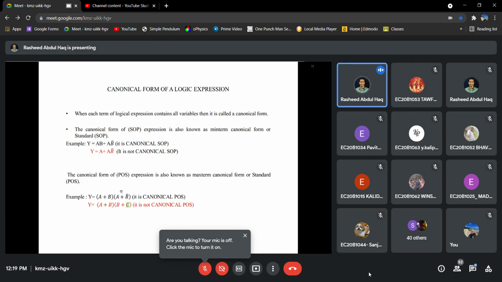What I meant here is that from this expression we can understand that we already have three inputs. Yes, sir. It is not wrong. The question is not wrong. Actually, from the expression itself, it's clear that we have three inputs, A, B, and C. So to write it in the canonical form, all three must be indicated, that is A plus B plus C must be there. I will explain when the conversion comes, you will understand.